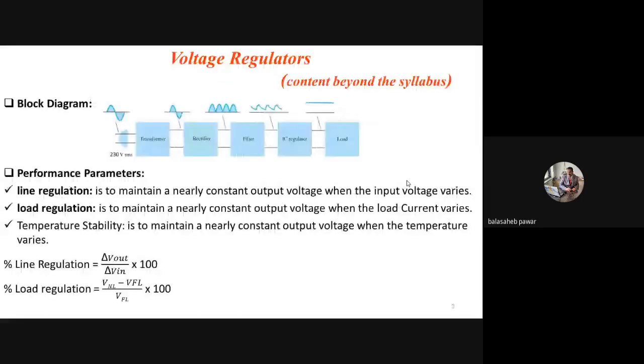So the same thing I tried to show over here. Input is 230 volt RMS, then there is a step down transformer, rectifier. After the rectifier, there is a pulsating DC. Then by using a filter capacitor, that pulsating DC gets converted to pure DC, but with ripple, and the value of this ripple depends on the load, right? So I added one more block here, and that is the IC regulator. Is my screen visible properly?